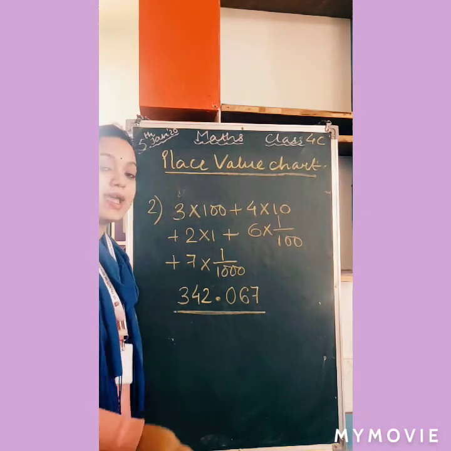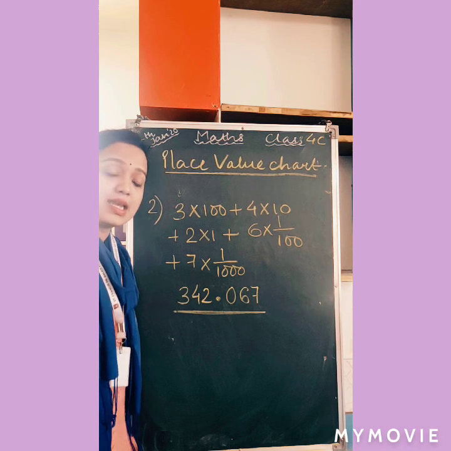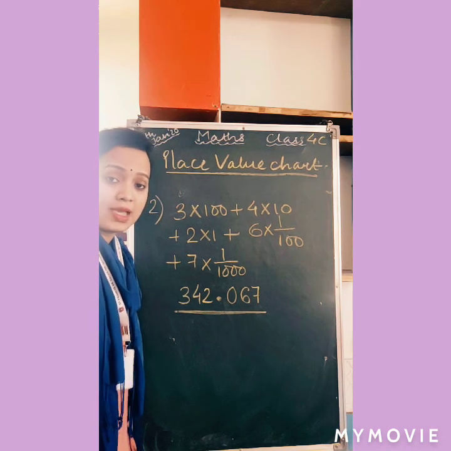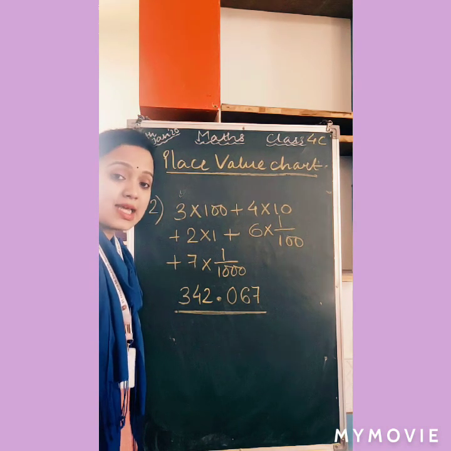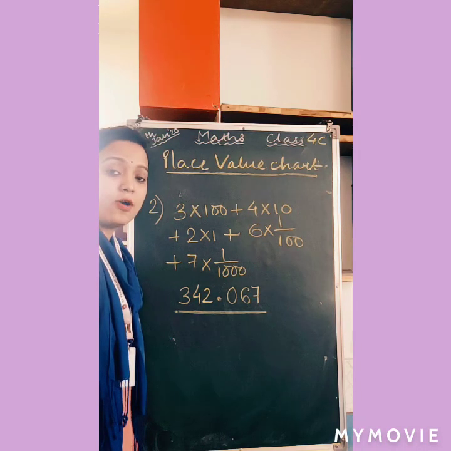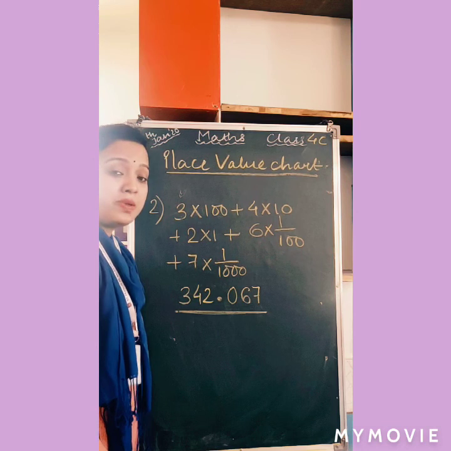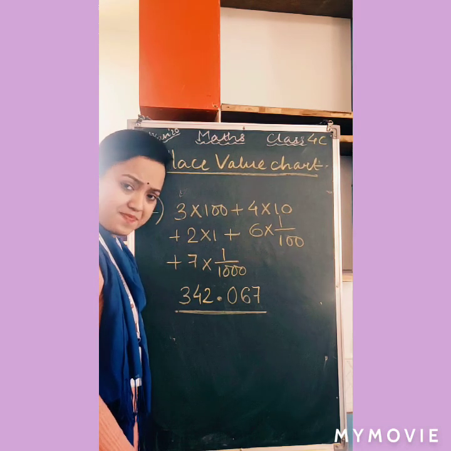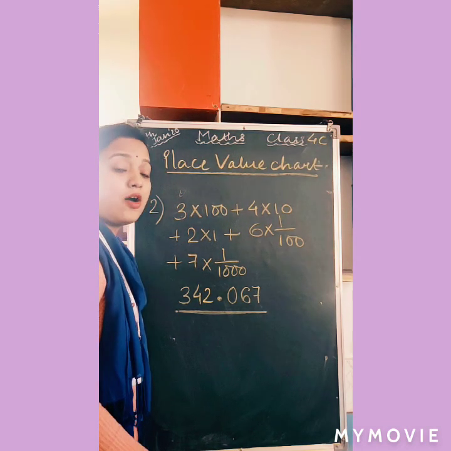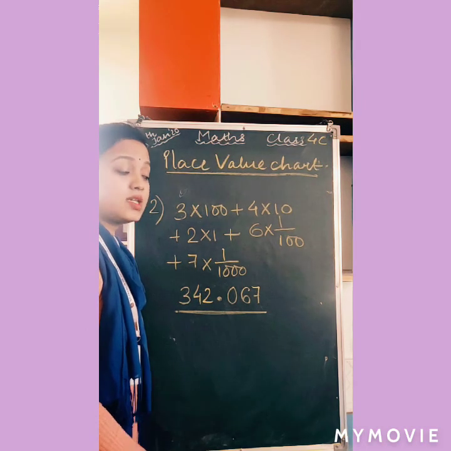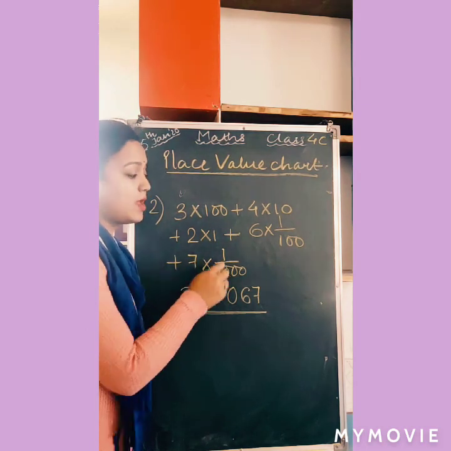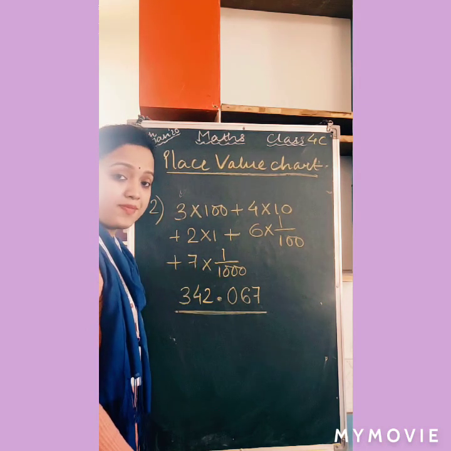This is also a decimal number, and you can tell it is written in the short form. When you write a number from the expanded form, we just say it is the short form. So in this way you will be able to expand a decimal number, or you can write a short form from an expanded form. Okay, I hope this is clear to you now.